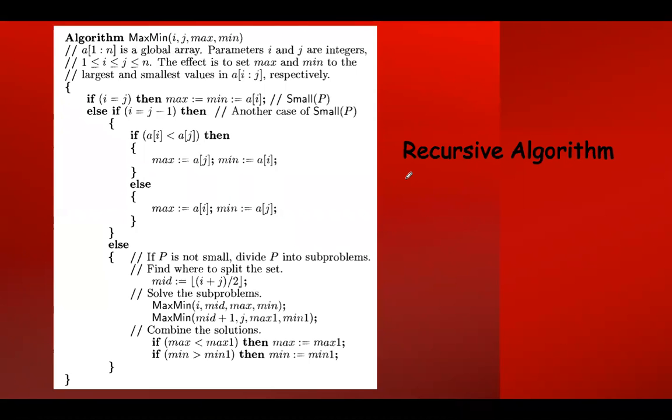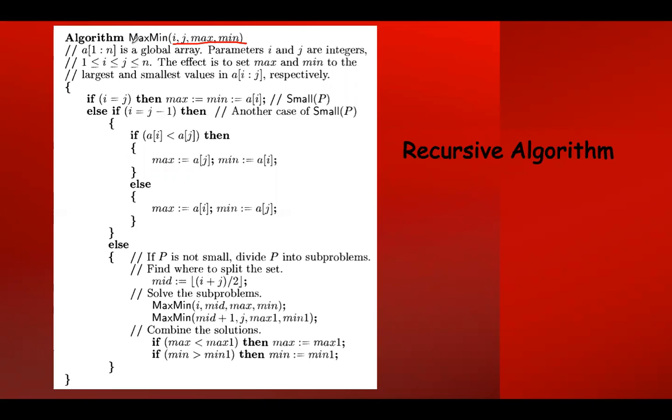See, this algorithm is very simple. It looks so complicated, but it is very simple. Just observe here: i and j, max comma min. Max and min you know already. Max and min are the two variables where we will assign the maximum and minimum values. Here i and j are used, where in binary search we use low and high. I will point to the first element, j will point to the last element.